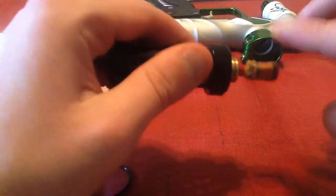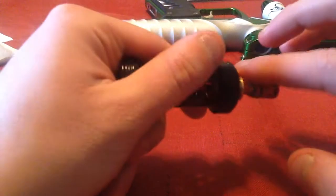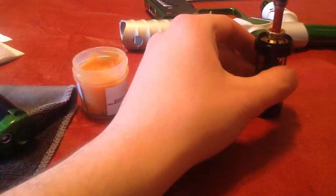I always take my Insight apart after each day of play, wipe off the old grease, and apply new grease on there just to keep it running. If you take good care of your stuff, it'll take good care of you. So, pretty simple there. If you have any excess grease on your finger from doing this, that's alright, because you still need to grease this back here,